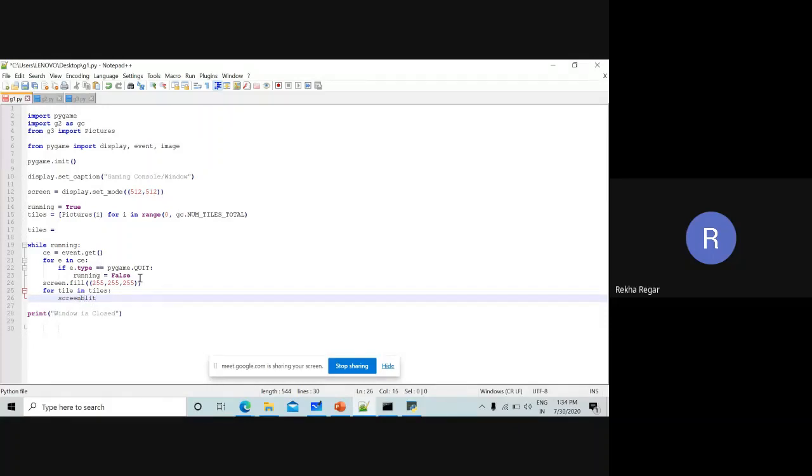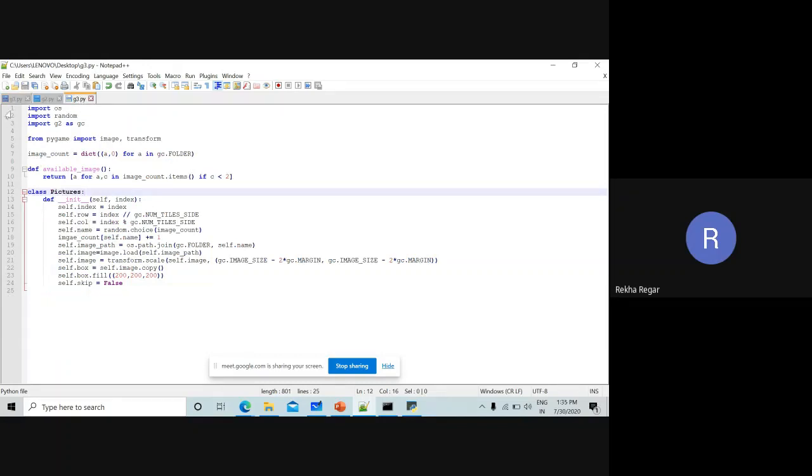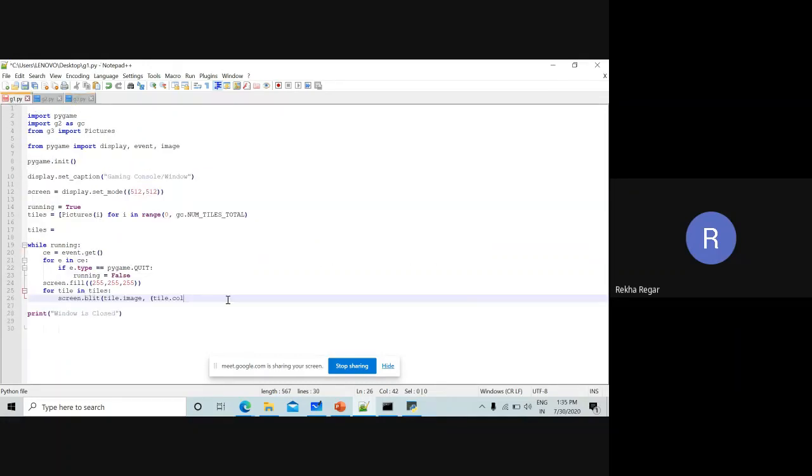Screen dot blit. After that we have to mention what is inside the tile, so tile dot image, and for this image, whatever the columns we have, so tile dot col, the column value we gave as col.